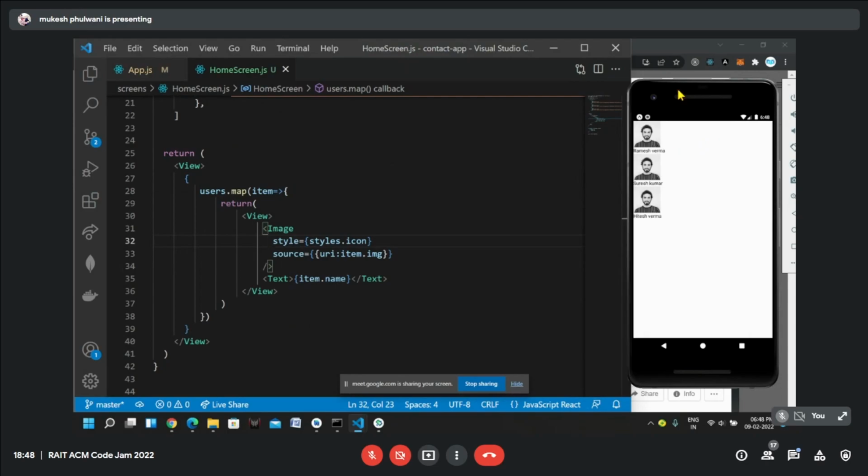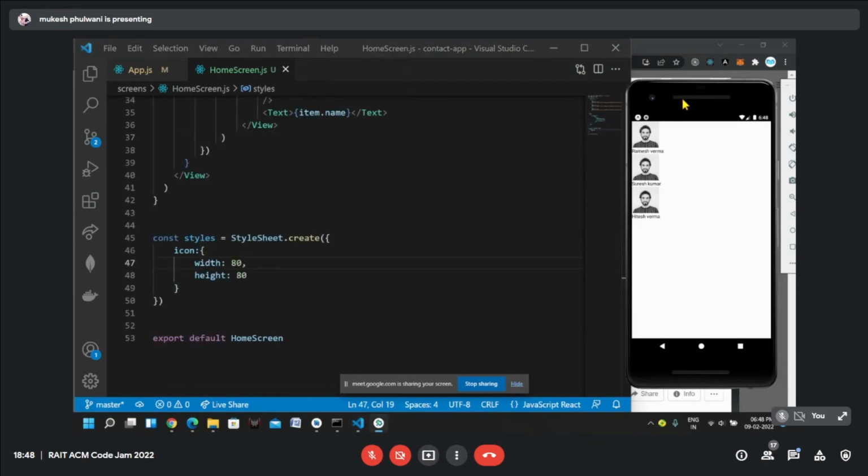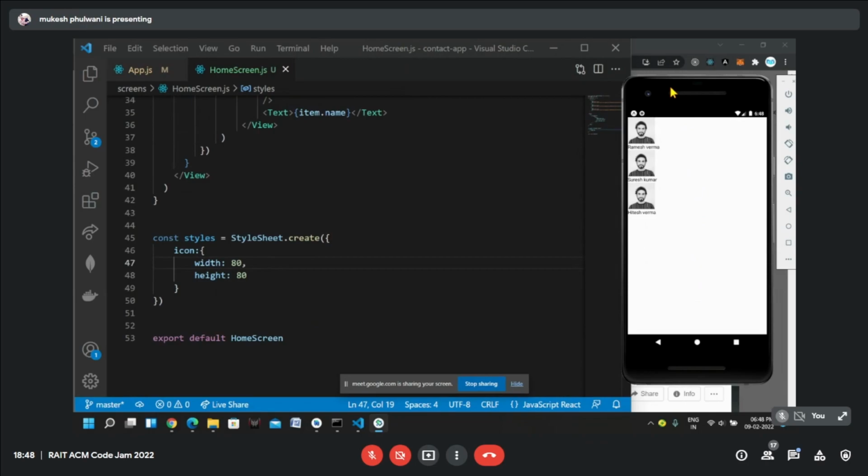If you can notice, we have this image and we have this text, but this content is getting aligned vertically, that is in the y-axis, right? Because the default flex direction in mobile is the y-axis, vertical, and that makes sense, right? We like to see the content in the vertical direction only.